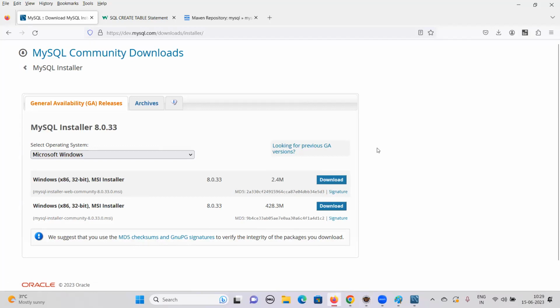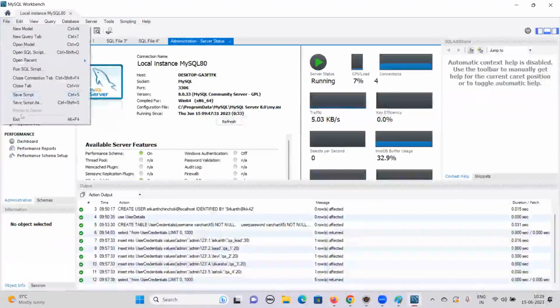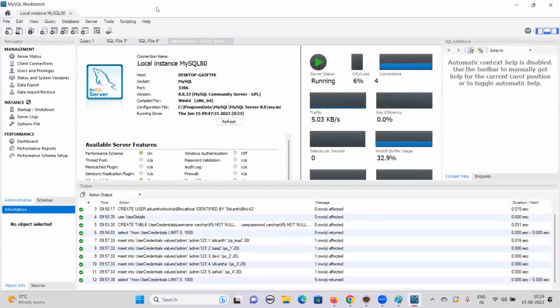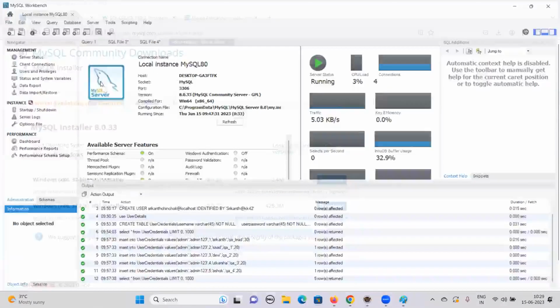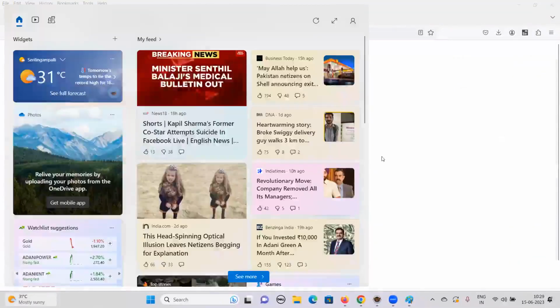The only thing is we have to give our username and password. The username would be root by default, and the password is all up to us, whichever password you want to use. So why is it required? See, for example, now I'm going to log out from this. Let me just exit. Now when I come back again